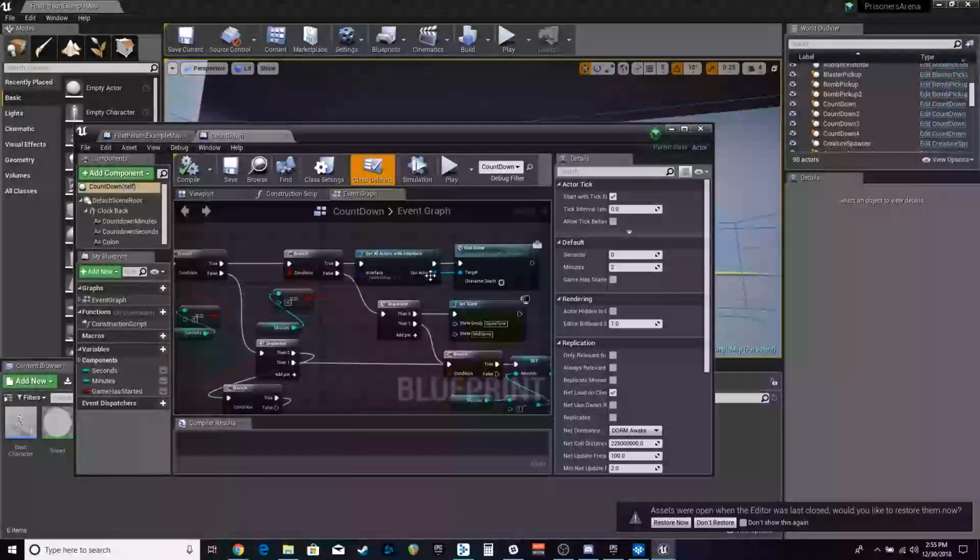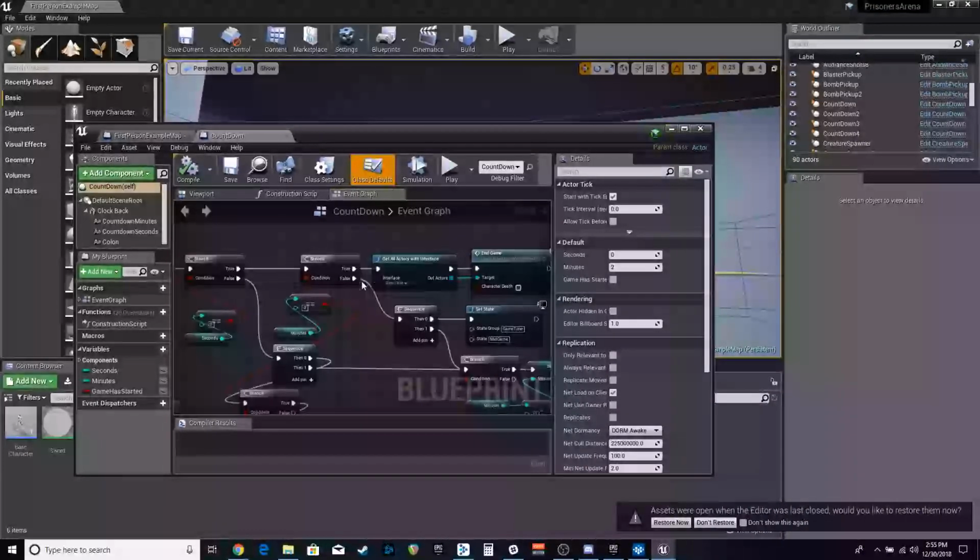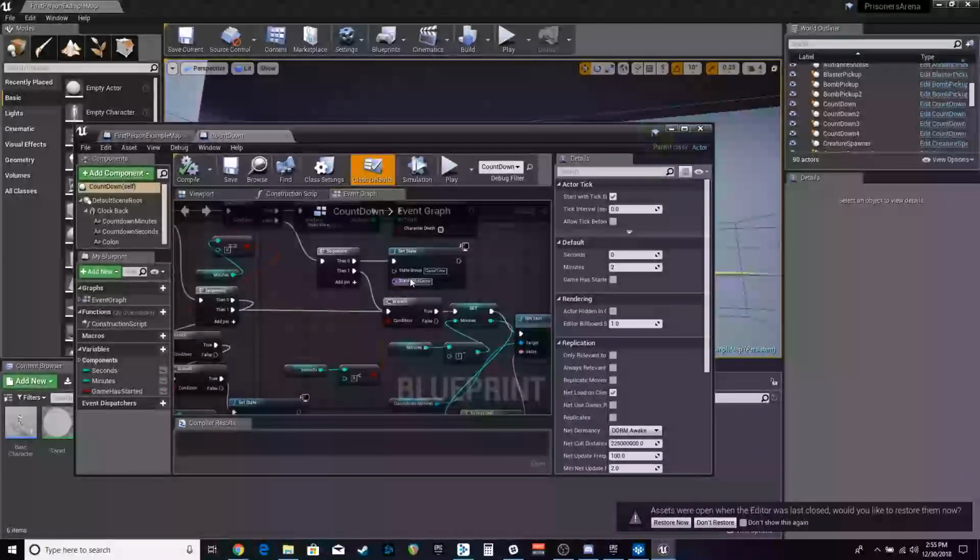So if game is over, it sends the end game message, which will set my states to one of the two end game conditions. If false,